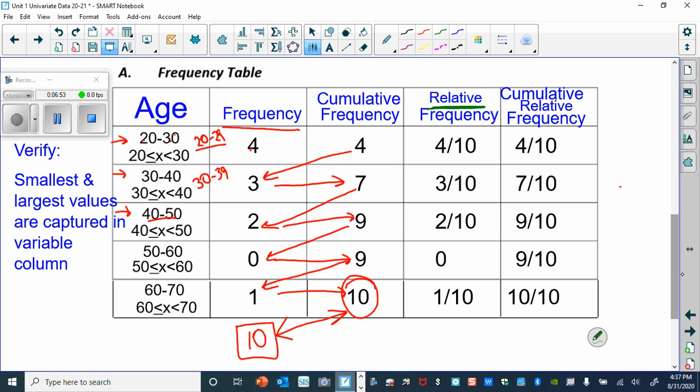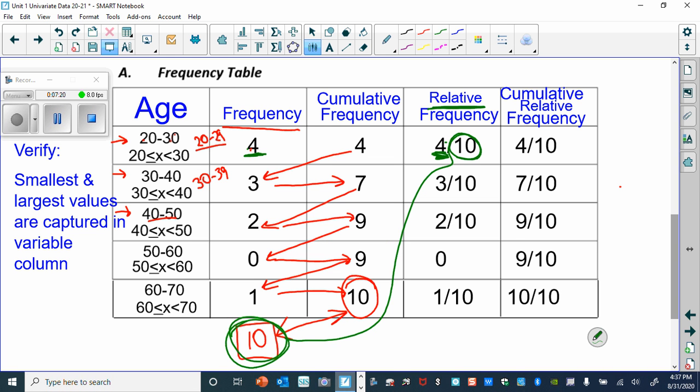So for the relative frequency, it's basically out of how many. And so our numerator is going to match our frequency here. The frequency number is always going to be the same in both relative frequency and frequency. But we're going to have a denominator here, and that denominator has to be the total number of people,